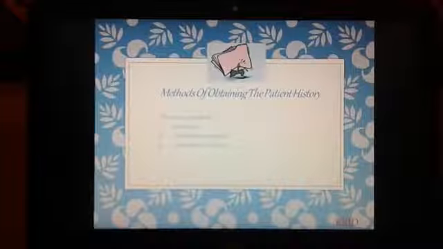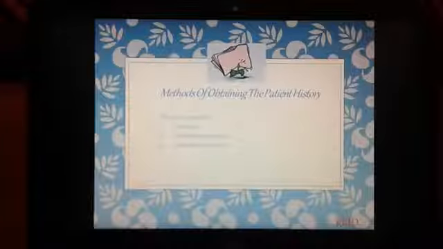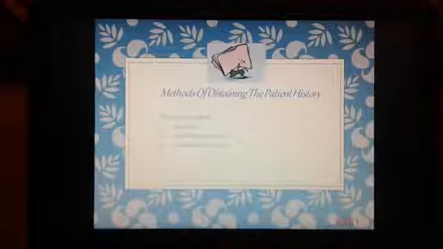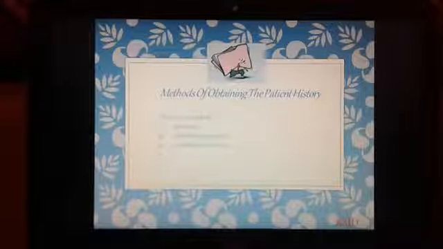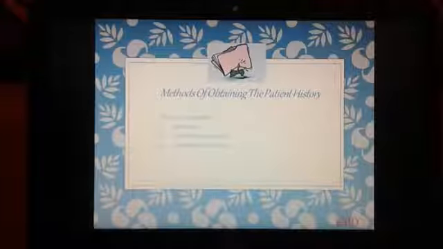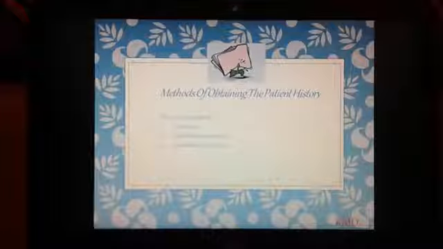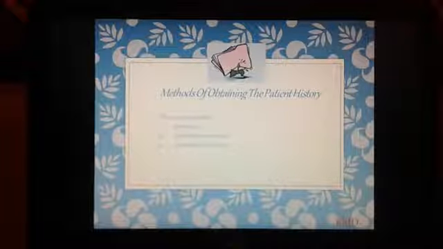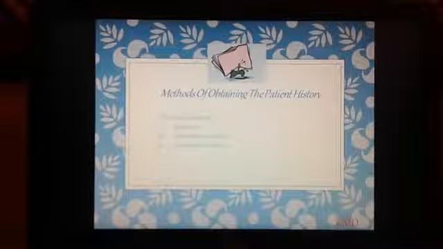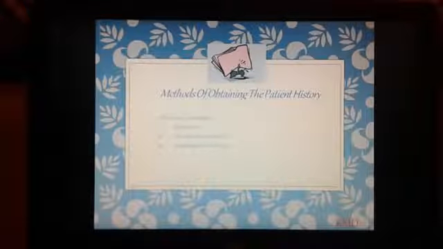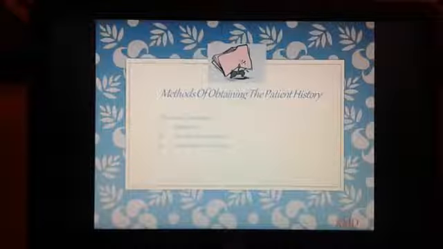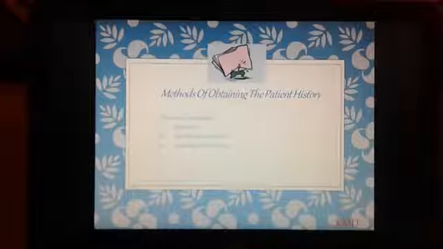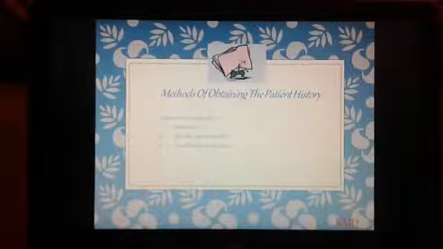The last one being the combination method, which is considered by the authors to be the most appropriate technique for taking a case history in a routine practice of dentistry. This combination approach uses the advantages of both the techniques and reduces the disadvantages after reviewing the completed health questionnaire, as the dentist discusses the response with the patient. Moving ahead to the next slide,